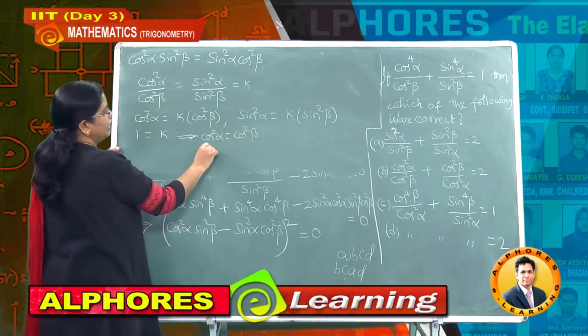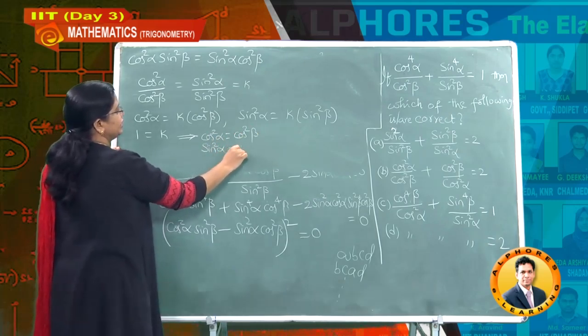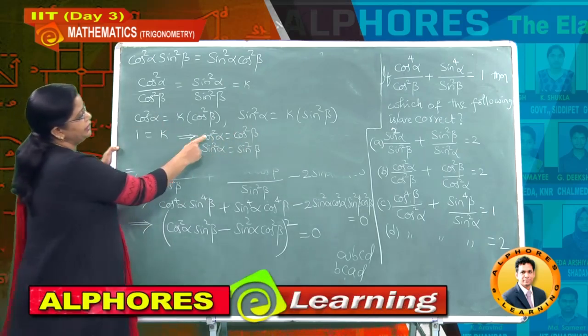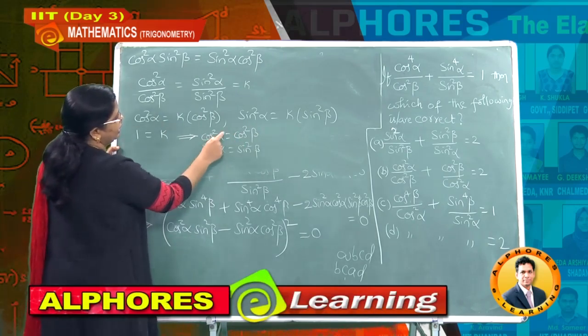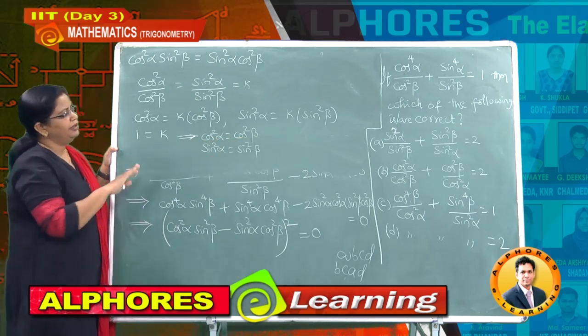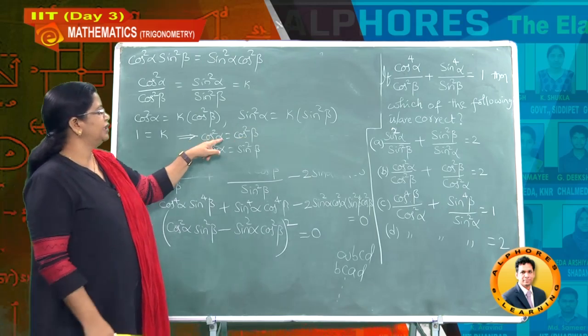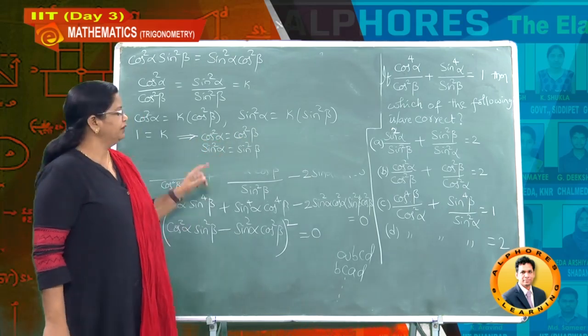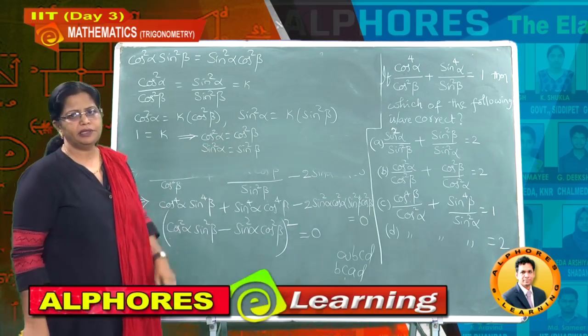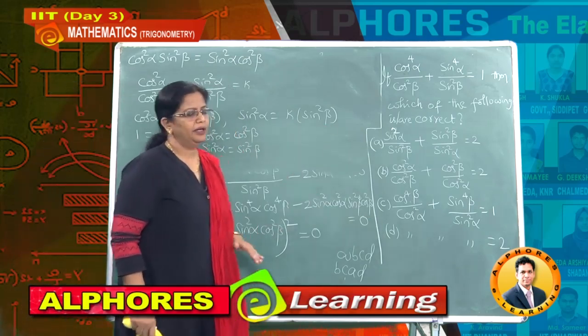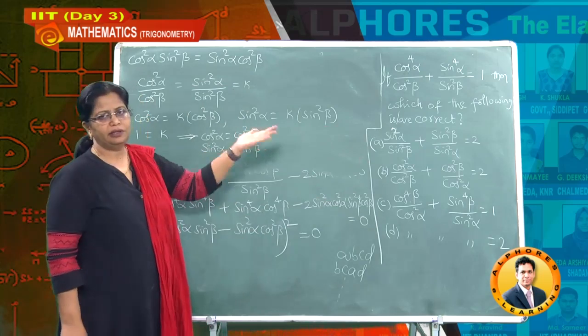Again, sin square alpha is how much now? Sin square beta. Now that means here alpha can be beta or alpha can be minus beta, and many other results are also there. So at present just observe cos square alpha is cos square beta, sin square alpha is sin square beta. So those only we substituted here, and thereby we obtain all the results.